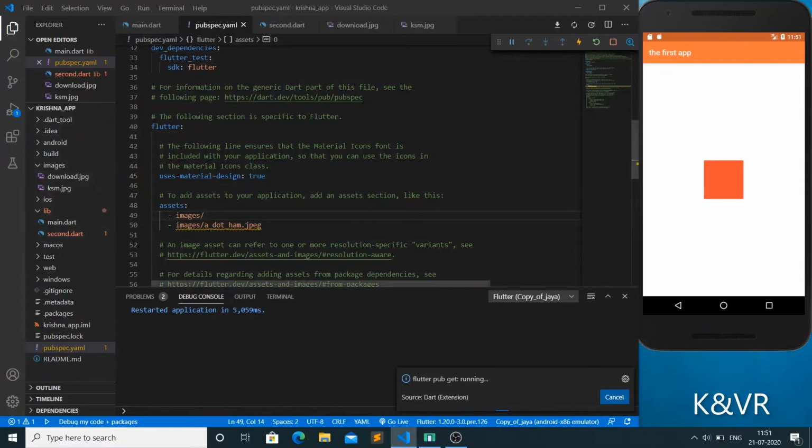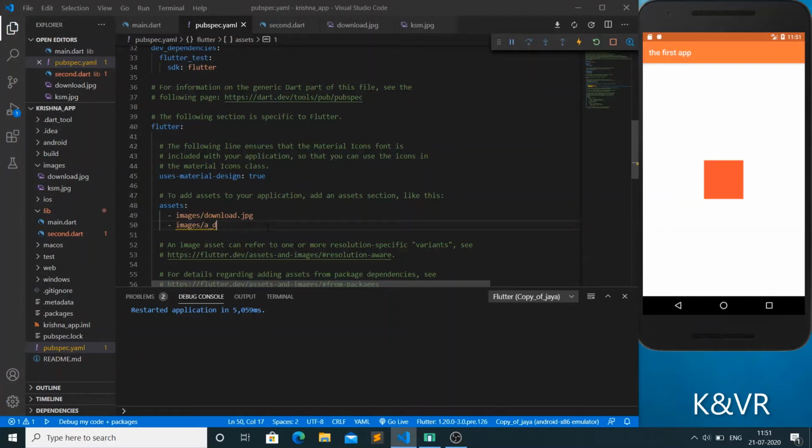Here we have an images folder in your app. From that images folder we are taking the download image, download dot jpg. Images have three types: jpg, png and jpeg. Mostly these three popular types we use, and we definitely need to give dot jpg or png like that. Here we have another image also.